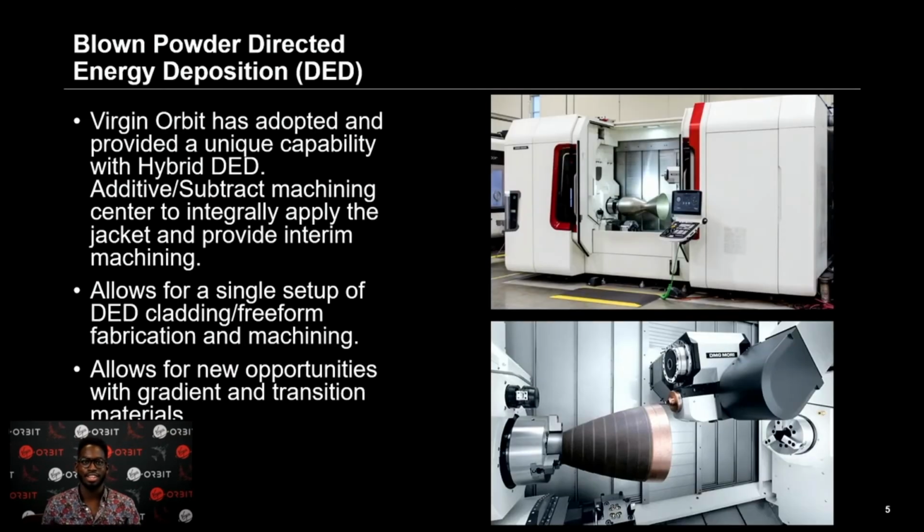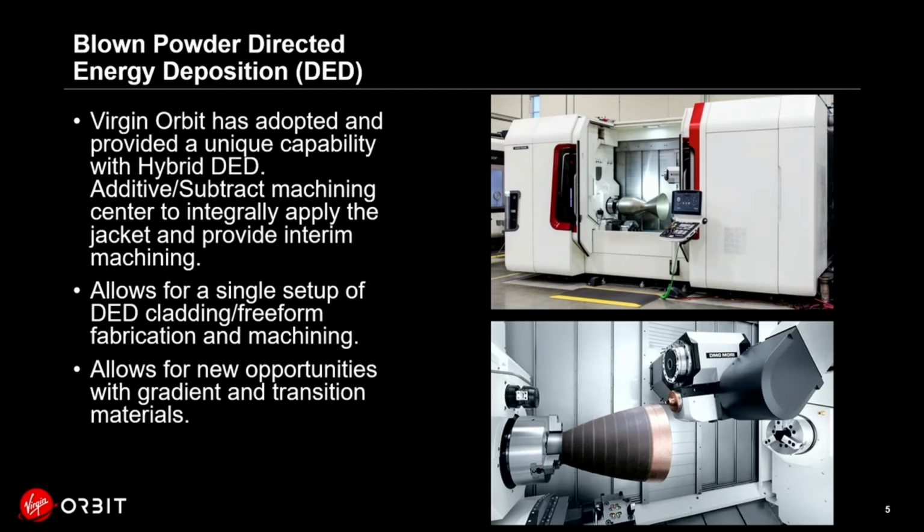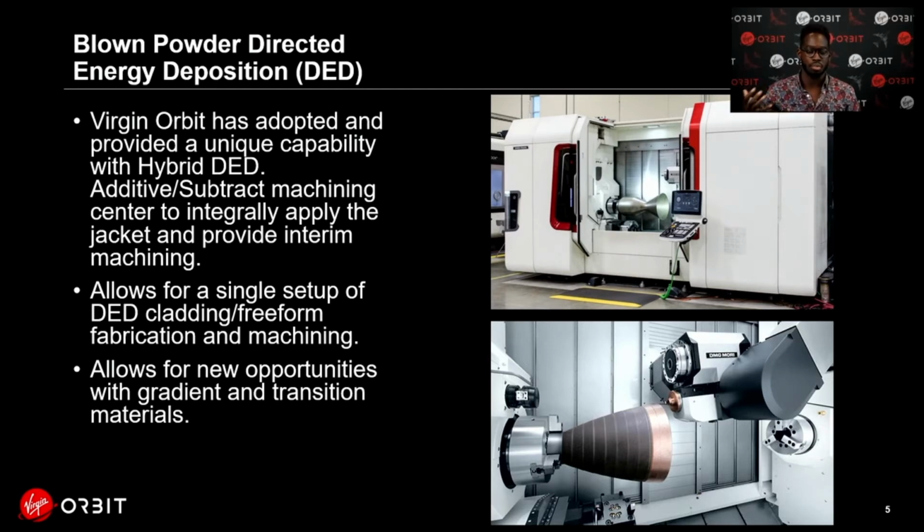So yeah. Next, we're going to talk about the directed energy deposition process and some applications attached to that. At Virgin Orbit, we have adopted and provide a really unique, amazing hybrid DED process. When I say hybrid, I mean additive and also subtractive manufacturing in the same machine. And so effectively, we can build, quite honestly, whether it's structural jackets for a thrust chamber perhaps, or even different types of cladding techniques. We can really do that in one machine and subtract as well, which means we have